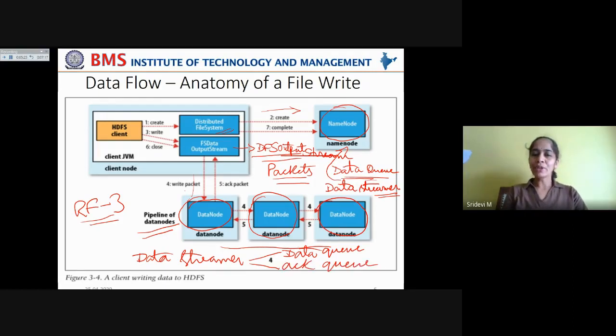This acknowledgement queue also maintains the packets of data that are stored in the data queue, and these packets will wait till the data node gives an acknowledgement that the data is safely written onto the data node. So when a data packet is safely written onto the data node and that acknowledgement is obtained by the acknowledgement queue, that particular data packet in the acknowledgement queue is removed.